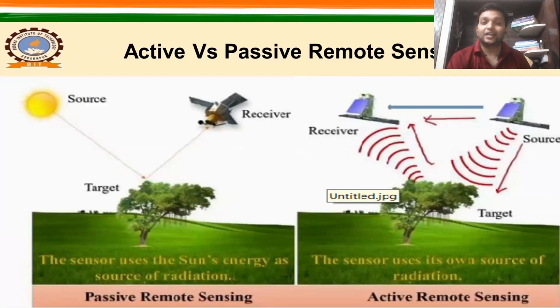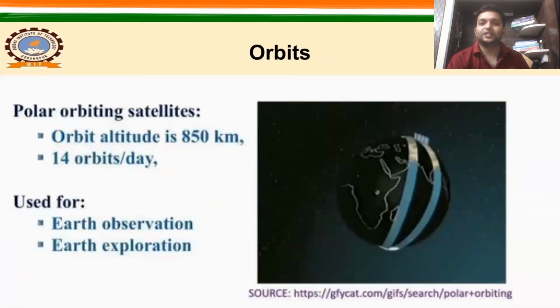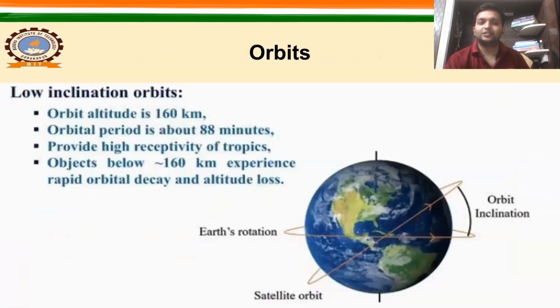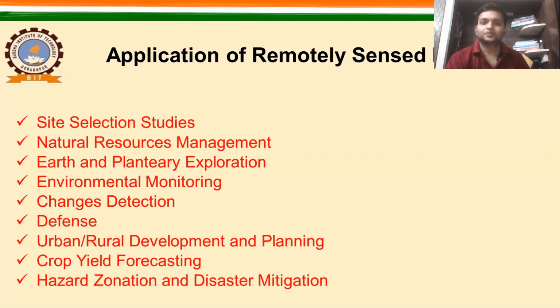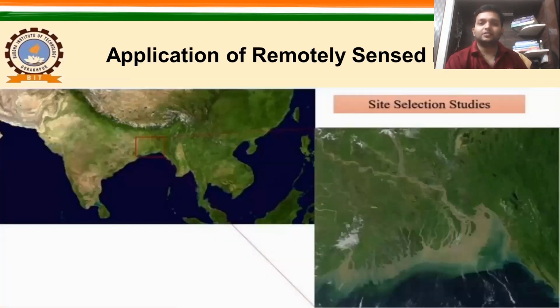Then we have talked about active versus passive remote sensing. In passive, we need the sun's energy as a source of radiation, and in active, we need sensors which use their own source of radiation. Then we talked about orbits, polar orbiting satellites, then low inclination orbit. Then we talked about the platforms, and then the applications of remotely sensed images, that is site